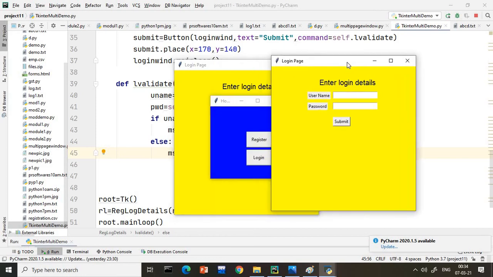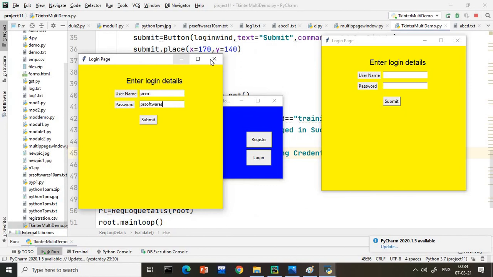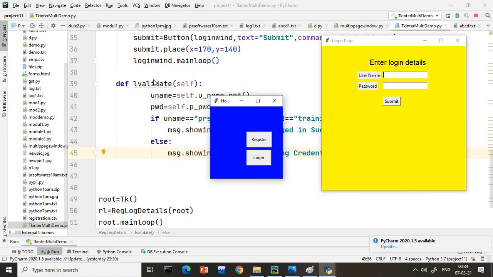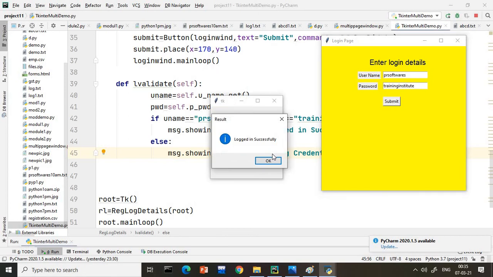As per our program, my username is PR Software and my password is Training Institute. Now you see logged in successfully. Whatever data I enter is working perfectly fine. There is no problem with this one.